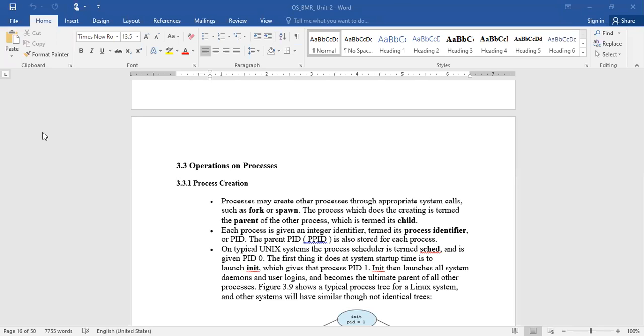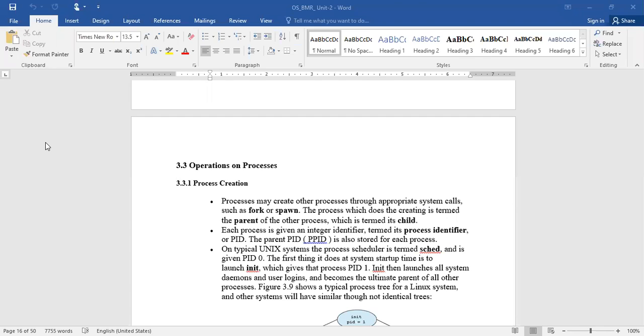Parent has a different process ID and child has a different process ID. And another point is the parent process will have a separate PCB. Similarly, the child process will have a different PCB.